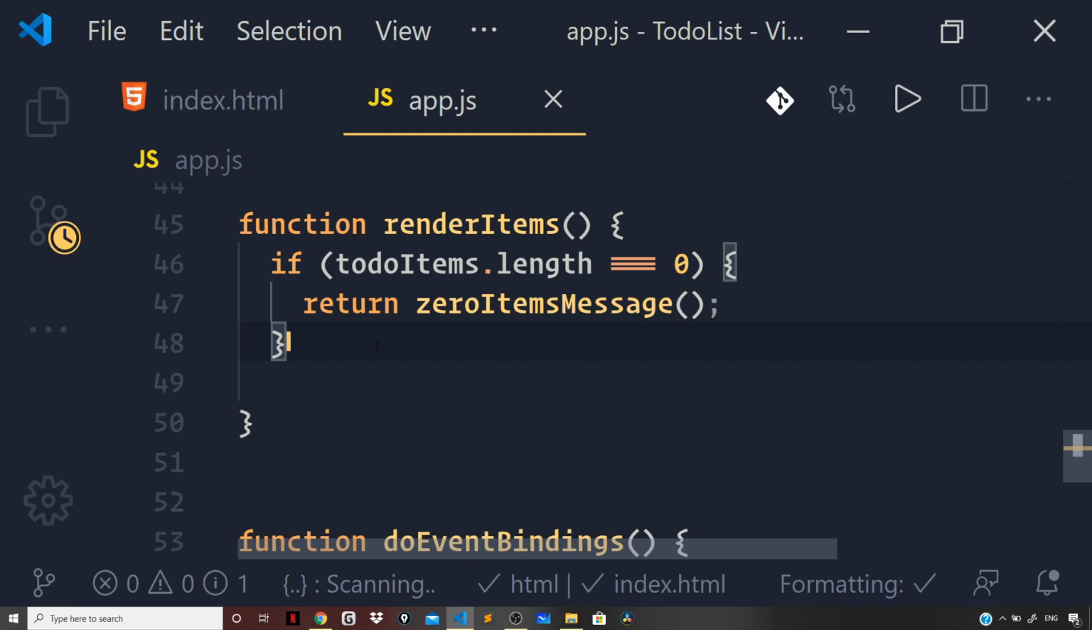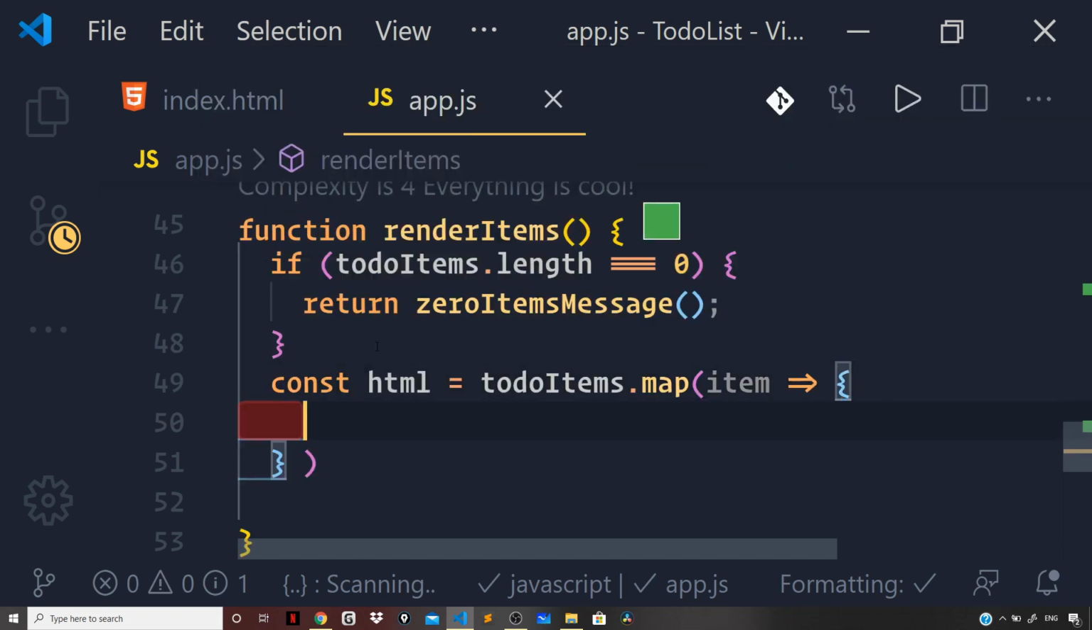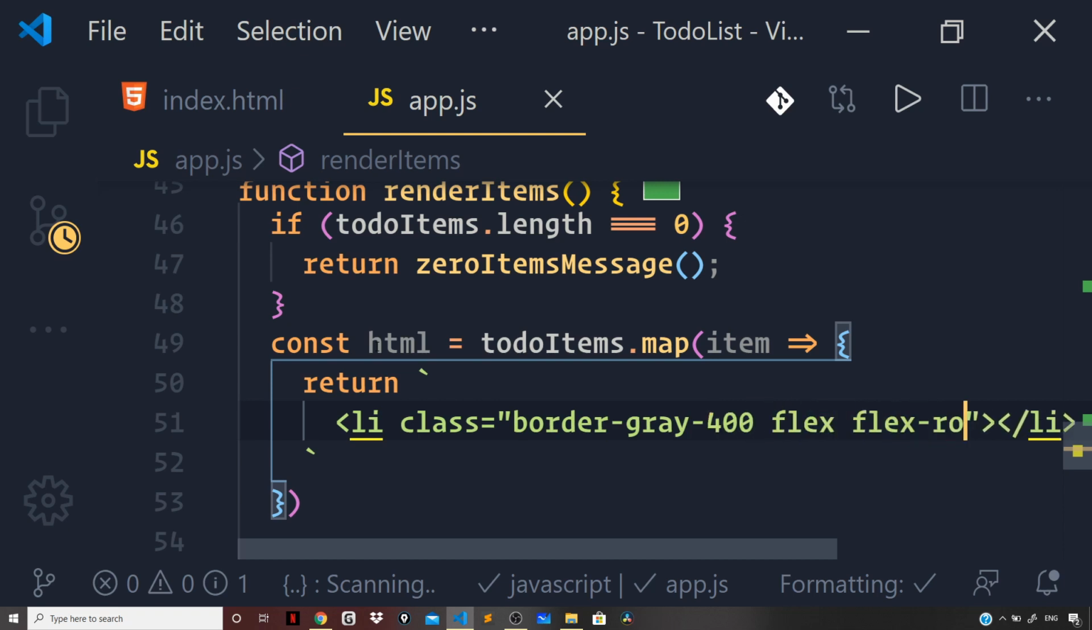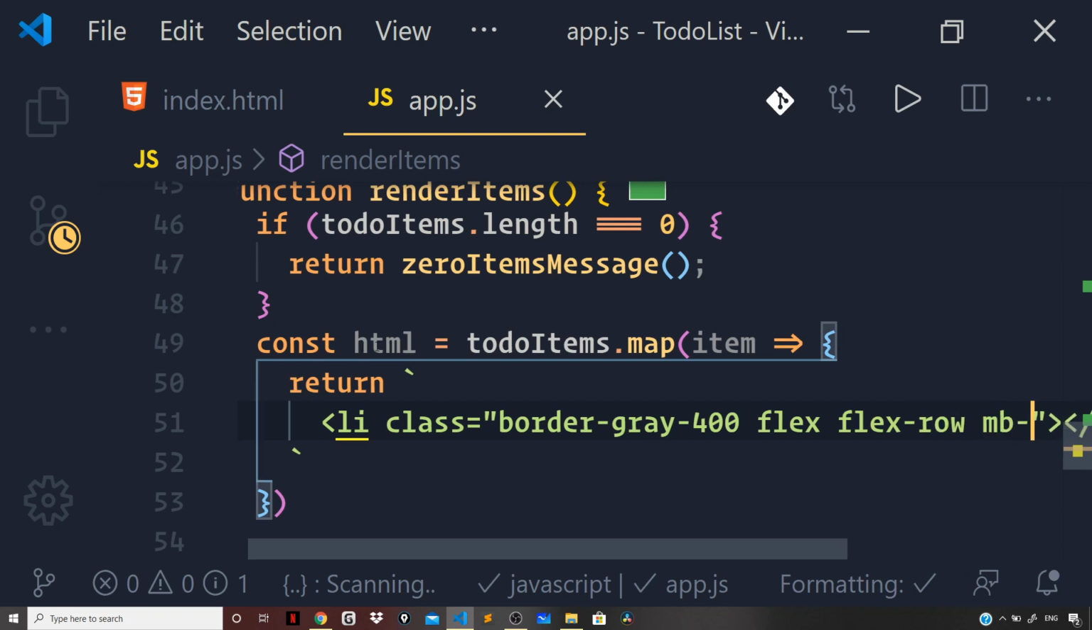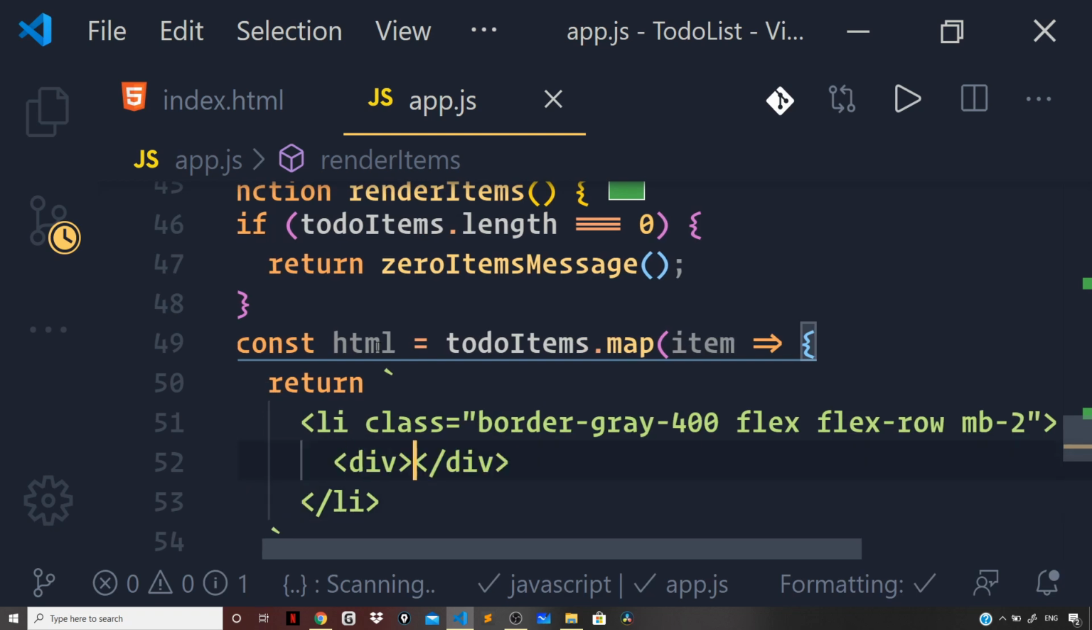So let's add some Tailwind CSS classes to make the UI look a bit better. So const HTML, todoItems.map. For each item, let us return a list item. I will prepare it dynamically, li, and I will set a class of border-gray-400 and flex-row, margin bottom, set that to 2. Then a div right inside the li tag, and let us give this a class of